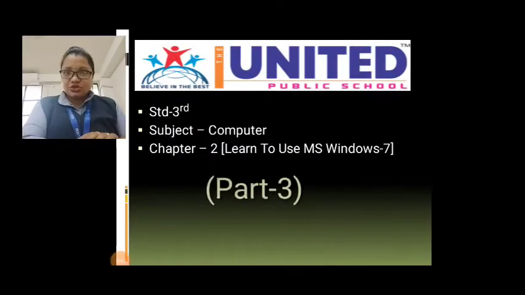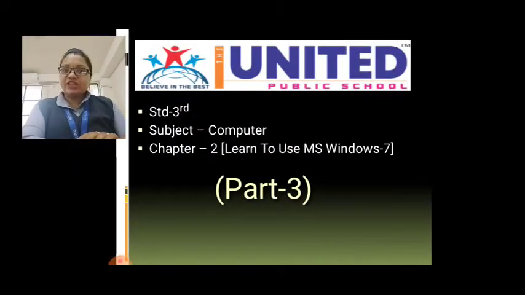Students, as you know, we are here continuing our chapter number 2, Learn to use MS Windows 7. Before we learn about the operating system, Windows 7, the first screen that appears after installing Windows 7 is the desktop. Then we see the components of the desktop. Also, we study the taskbar components.